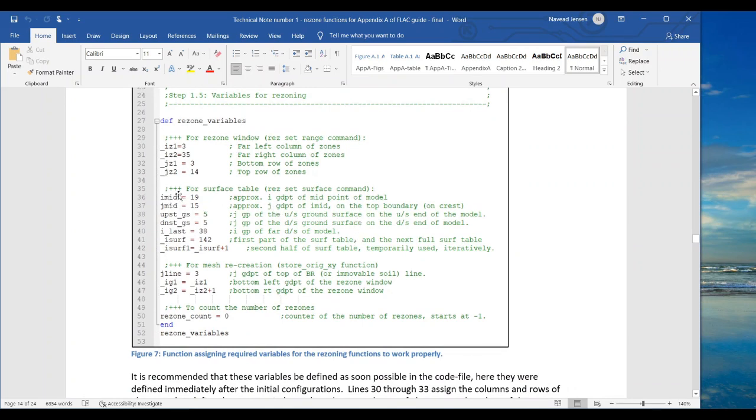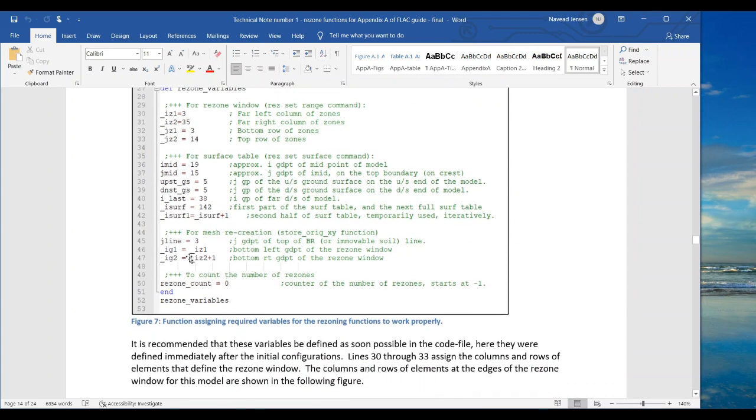this is the approximate midpoint of the boundary of the top of the ground surface, the grid point. Here are the up and downstream ground surface J values. Here's the end of the grid point. I guess I'm discussing them now. Here's the table ID for the surface. We're going to make some tables of the surface, and 142 and 143 are the 2. And then this J line is important for calculating relative distances of grid points to this horizontal line in the